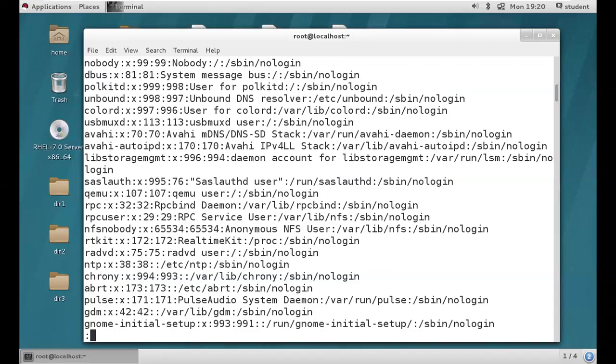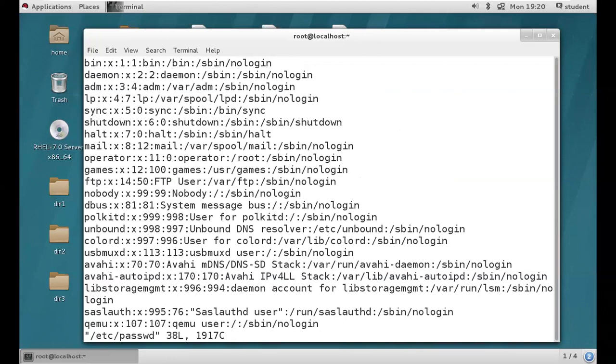V is the option. V for victory. Right? Got it, guys? V is the option. We are in the VI editor. Press I to insert, then add or modify the content according to your requirement. Then save and quit. How are you going to save?